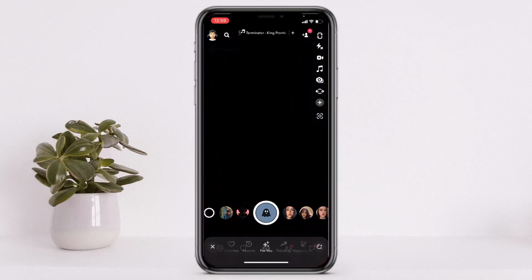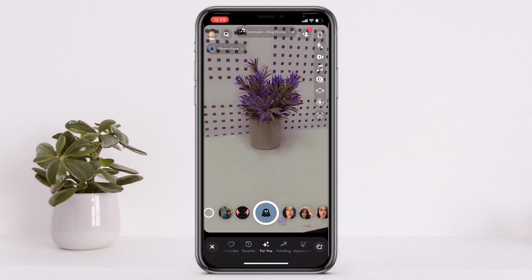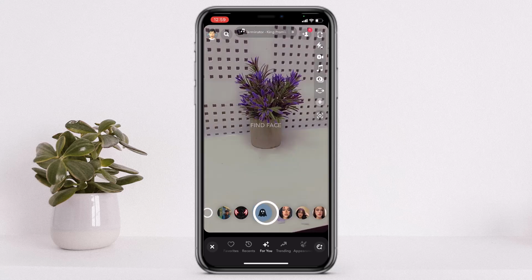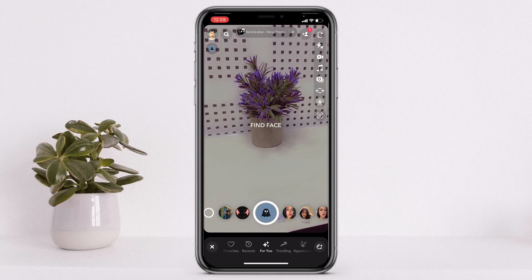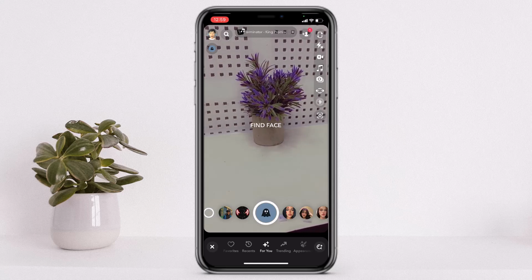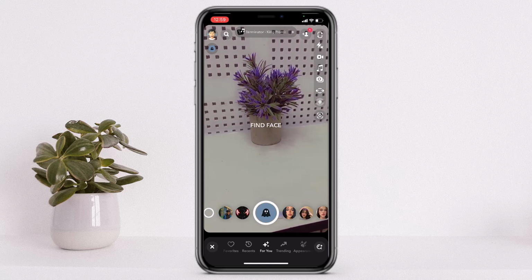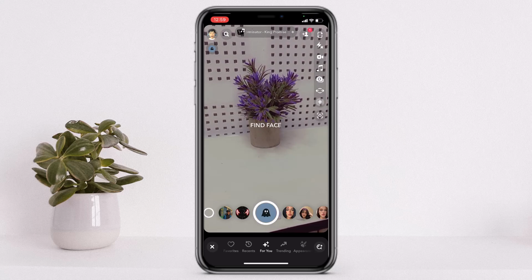So it's really simple. Firstly, you'll have to open the Snapchat application on your phone, and from here simply select any filter as you wish. For this video I'll be selecting this filter, and as you can see on the right side of your screen there is an array of options. From here you'll have to simply tap on the scanner option, which is the last option right here. So tap on the scanner option,